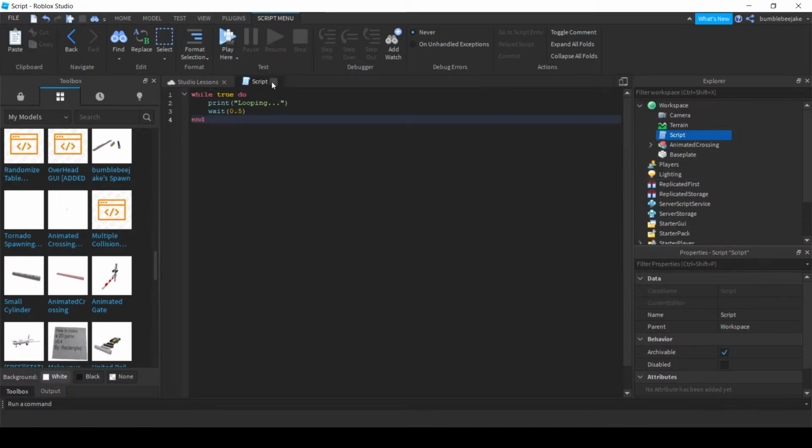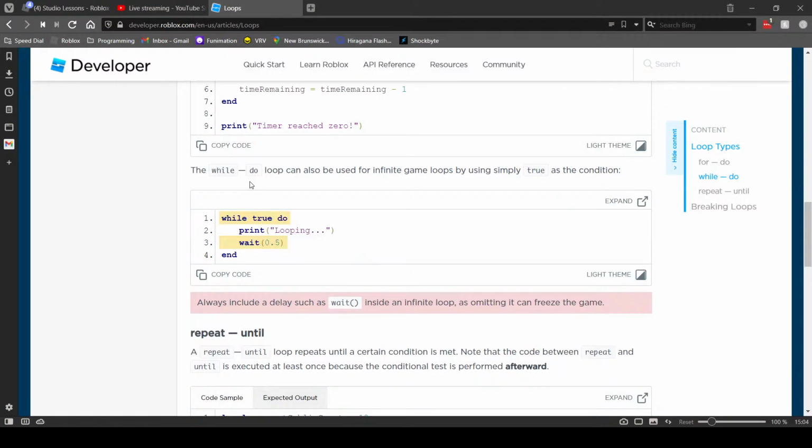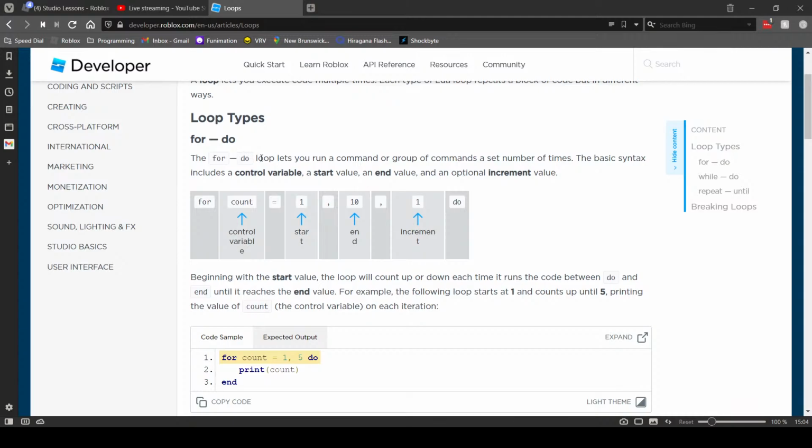So that's really cool. That's showing you the while loop. But if we go back to the forum here, so here's the for loop. The for loop lets you run a command or group of commands a set number of times. The basic syntax includes, syntax means like